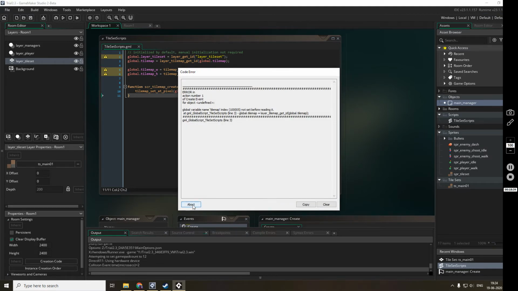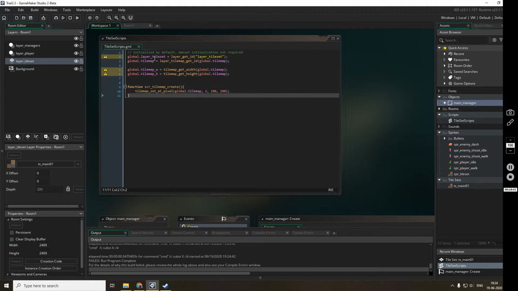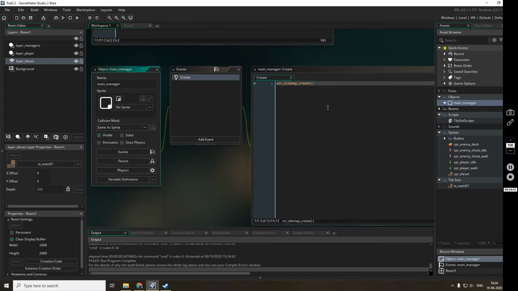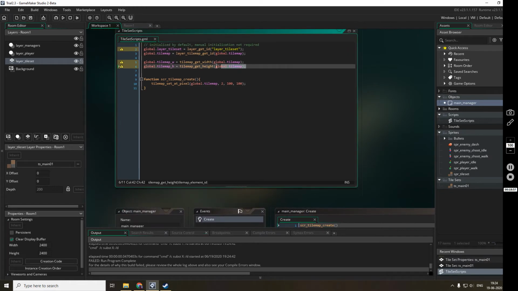Okay, tile map index. So tile map is not okay. I think this initializes, there is some mix up, I don't know.